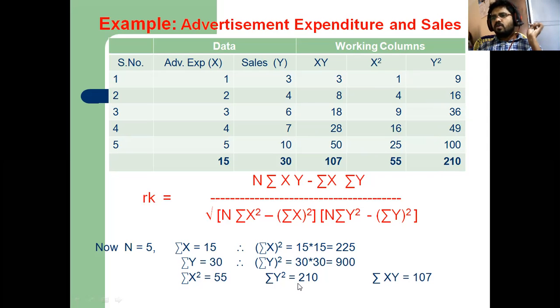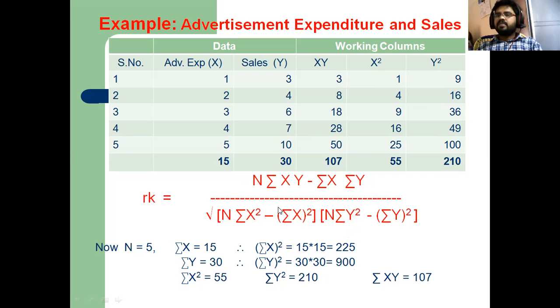That is called sum of y square. Then sum of y square is over. Then sum of y whole square. Sum of y is 30. 30 into 30, 900. Okay. Simple. After getting these values, if you substitute the values in this formula, you will get the